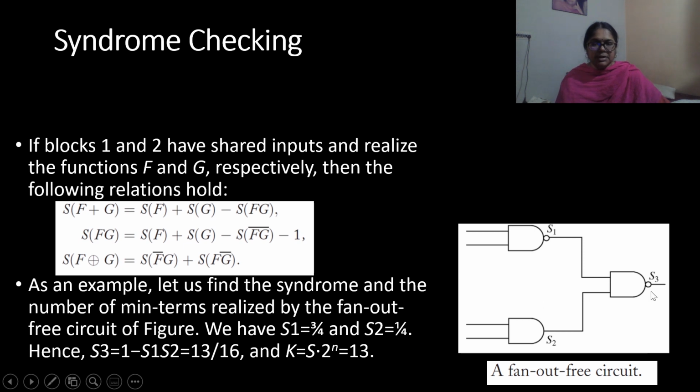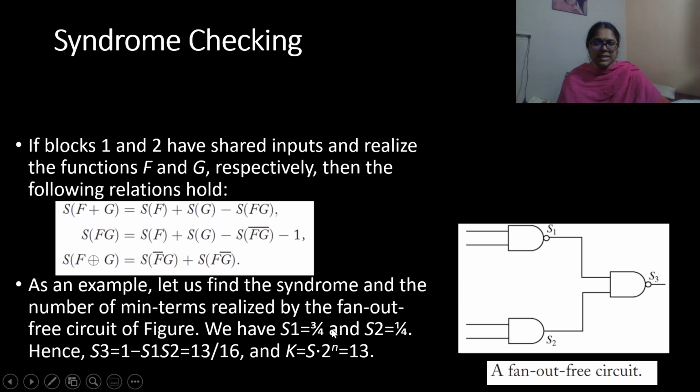And S3 will be equal to 1 minus S1 S2, because just now I told you that if the terminating gate is a NAND gate, then the syndrome is given by 1 minus S1 S2.